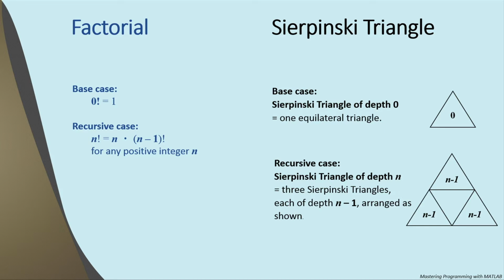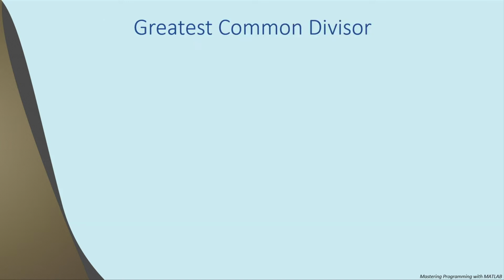Okay, you might expect our last example to be the latest thing in recursion. Well, not exactly. The example we're about to look at finds the greatest common divisor of two non-negative integers. And it is a slight modification of an algorithm that was recorded by a fellow from Greece named Euclid 2,300